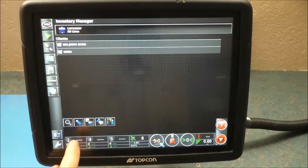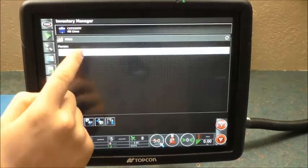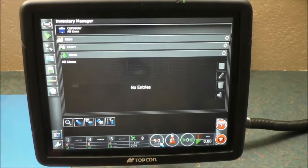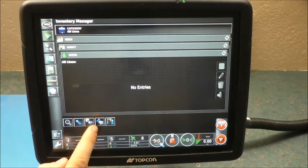Now, since we exported our data onto the USB stick, I took the liberty of going to a certain job and deleting the AB lines. So when we restore from backup, you'll be able to see those AB lines reappear. So just for your information, this button just exports diagnostic information, which hopefully you won't need to use, but that's what that button does. But to import data back onto the console, you want to tap this button here,